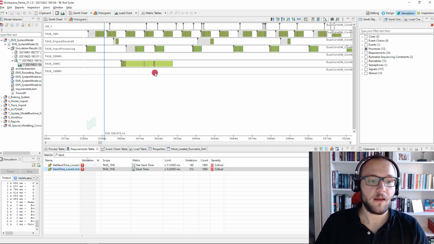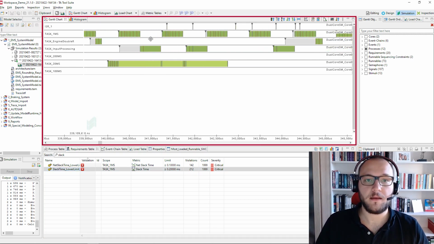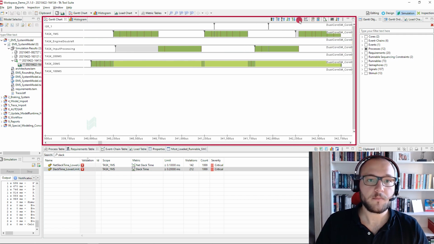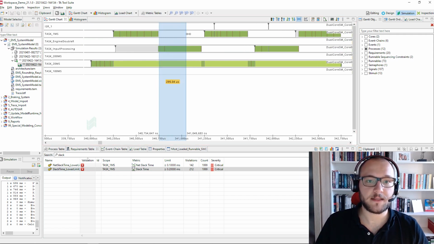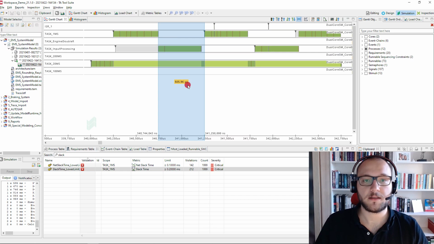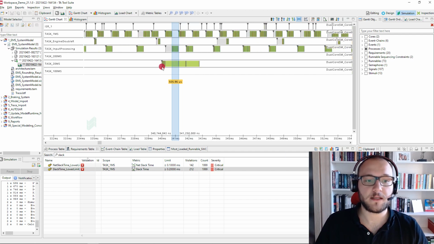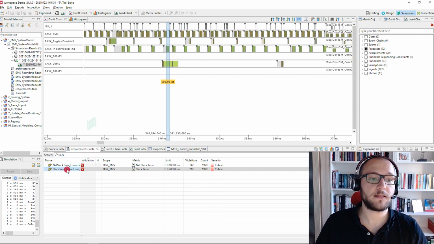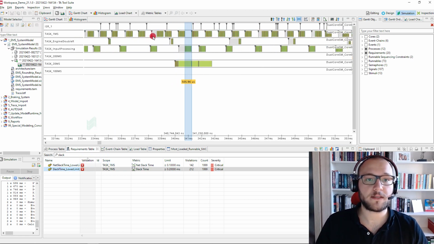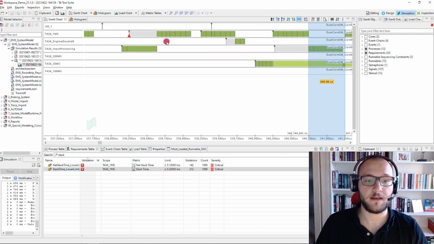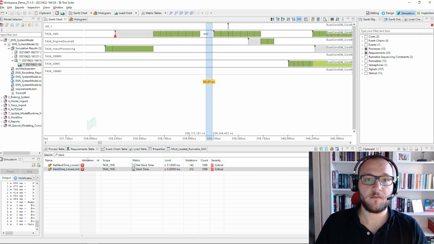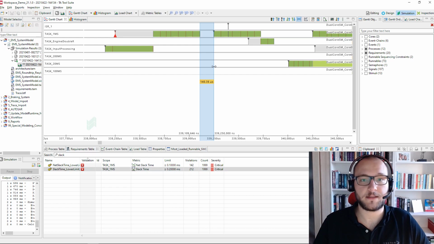So what does that mean? If we have a look at the Gantt chart here, we can see that, for example, here in this instance, the slack time of this 1 millisecond task is 500 microseconds. So this is definitely not violating our requirement. But which of the instances do that? The first thing we can do is we can, of course, drag and drop this requirement directly into the Gantt chart. And this now shows us the instances where we are violating this requirement. So we can see here, we have here a slack time that is smaller than the 0.2 milliseconds.